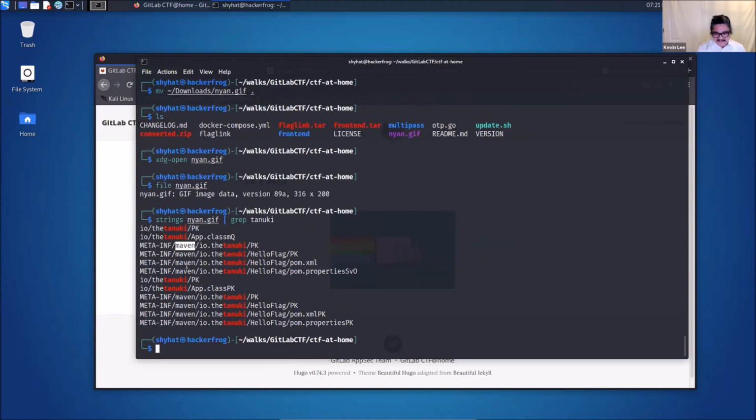Dna says he ran Stegoveritas to figure this challenge out. So did I, and I spent a long time running Stegoveritas on this file, but it didn't quite work out. But the presence of META-INF and Maven in here refers to Java files. So could it be that this nyan.gif file is not actually just a GIF file, but is actually a Java file? Well, if that were the case, then it could be a jar file,